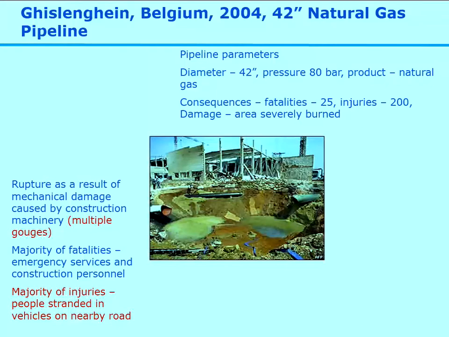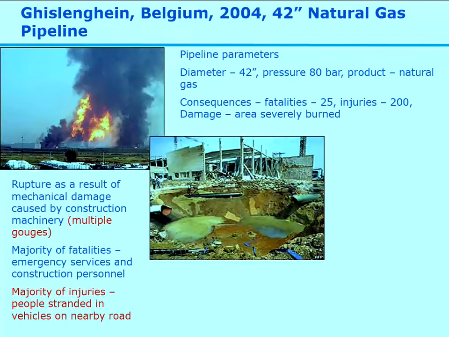It was a very large pipeline, and what had happened was there was construction work going on above it. It was running through an industrial park, and the park had been extended, and there was a big car park being built over the pipeline. And the pipeline was damaged as a result of the work, and you can see there was a very large fire, and there was a lot of